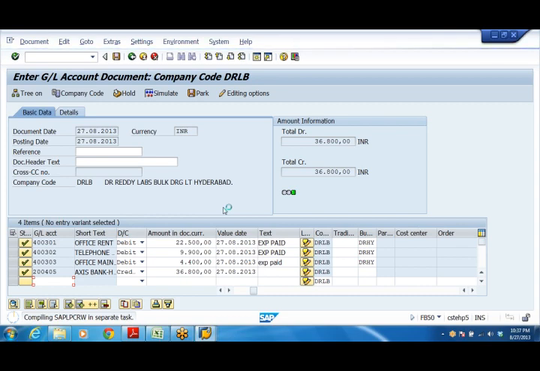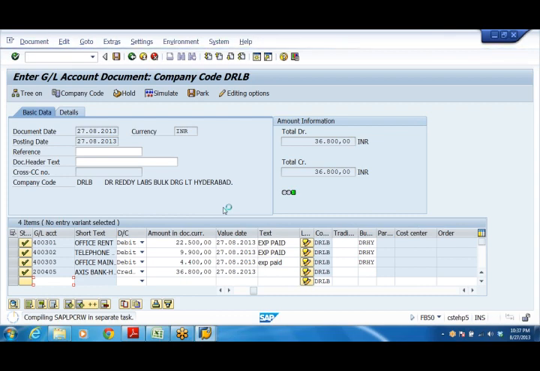Why is it taking this much time? There may be some problem with the server.